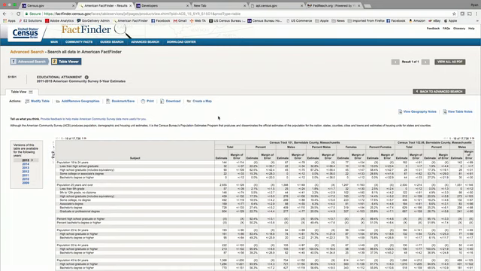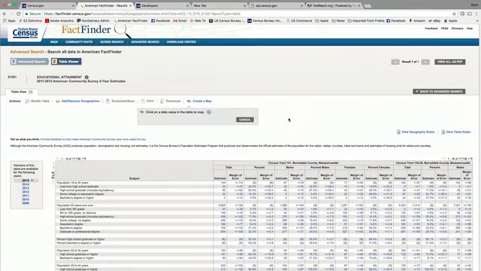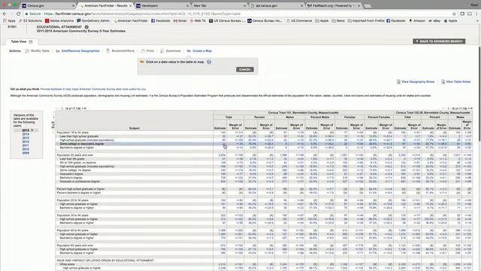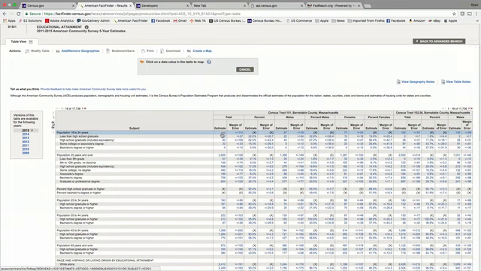Okay. So the other thing we want to do is, remember I mentioned that you could pull the shape files from the geographic reference page. At the end of this, remember, we want to end up with a map. But when you're actually in Fact Finder, you can get the shapefile extract for the data that you're seeking right here. If you jump over to create a map, one of the actions along the top there. See that right there? And once you create a map, you're just going to click on pretty much any estimate, because we're not actually worried about the data in this case. We just want to get to the shapefile. So once he does that,